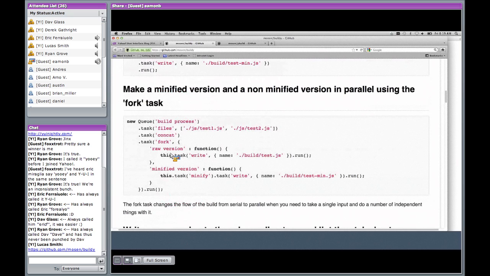Everything before that will execute sequentially, but everything in the fork task executes in parallel and asynchronously. So underneath the fork task, they can execute in any order, basically, but it is really fast. So in each, that's nice. So we can actually have the fork doing the CSS concatenation from the source files while we're also doing the processing of the raw version and minified version, that sort of thing, right?